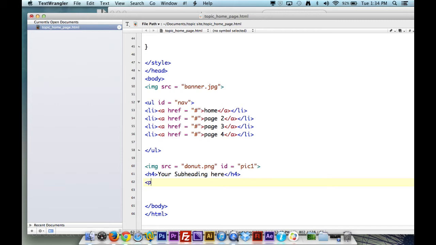So I'm going to use a P tag for paragraph, and I'm going to hit the return key a couple times and then close off the P tag. I always like to open and close before I do anything, just so I remember. And I'm going to save it. I'm going to go Command S to save. Now, in